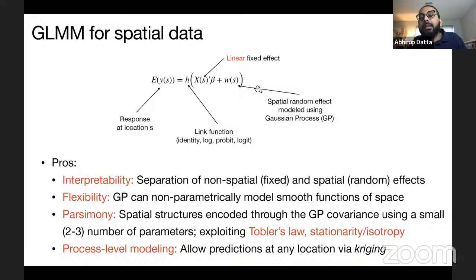That simply comes from a conditional Gaussian distribution. So you can predict the W at a new location using something called kriging, and then conditional on the W, you can also predict the response at the new location. So this framework has a lot of advantages, which is why it has been popular in the spatial community for many decades.